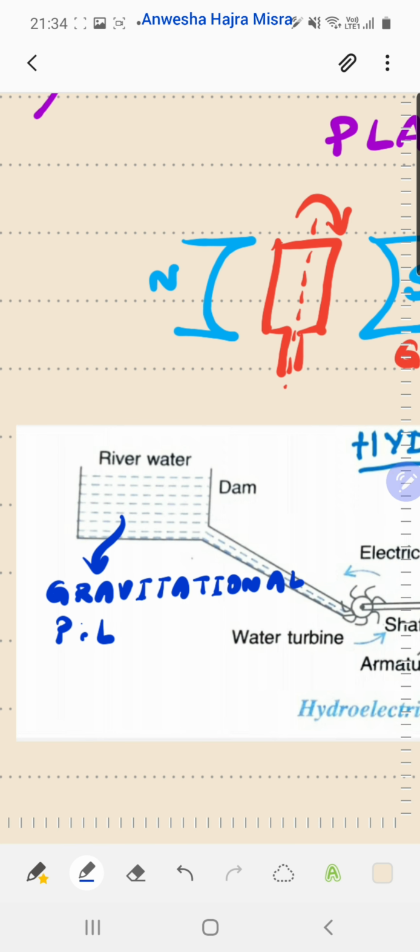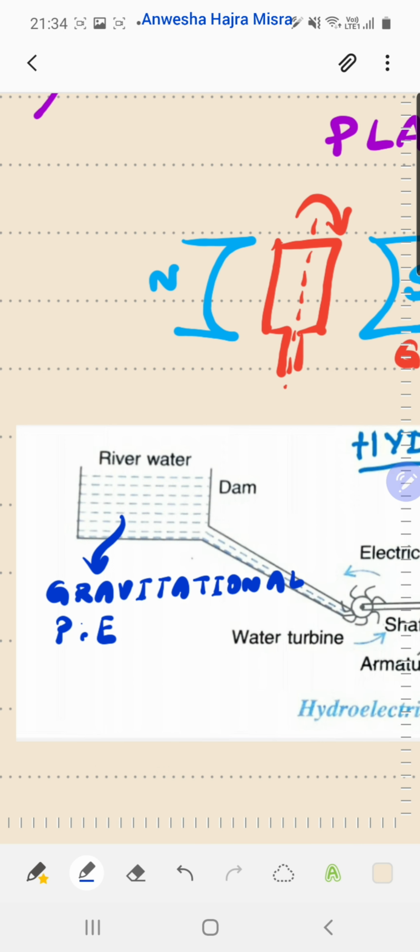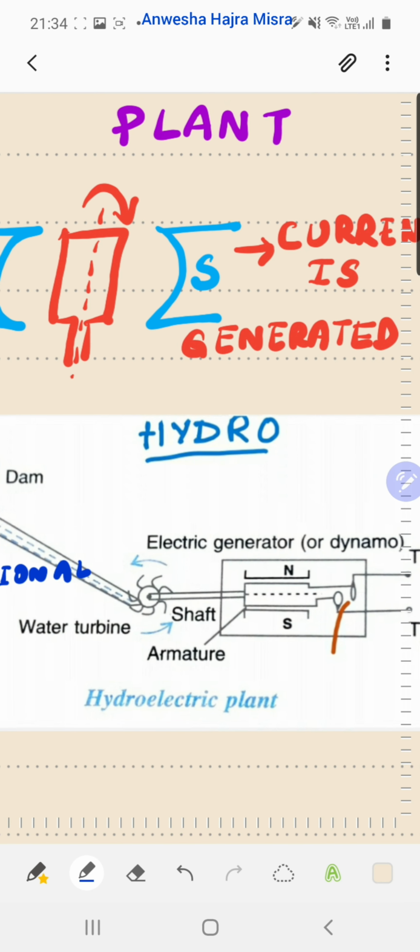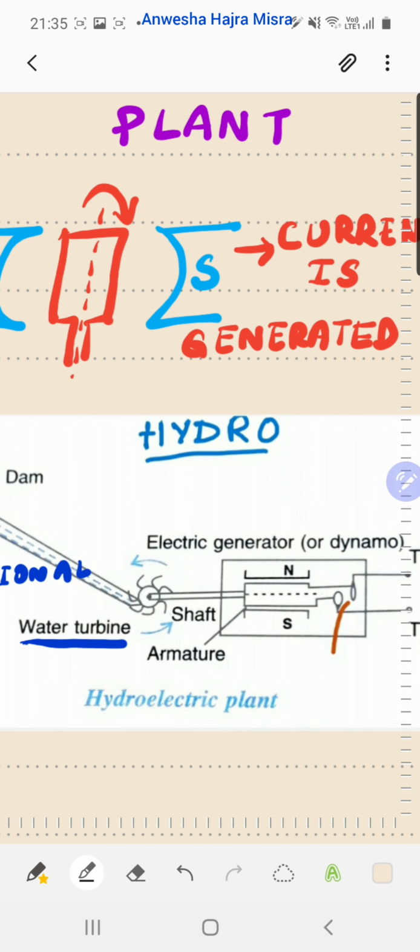Now, when this water falls on a turbine, you can see the water turbine, this moves the turbine. Now the turbine is connected to a shaft,